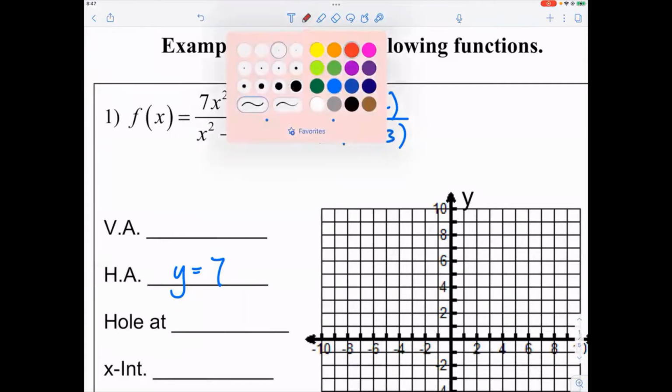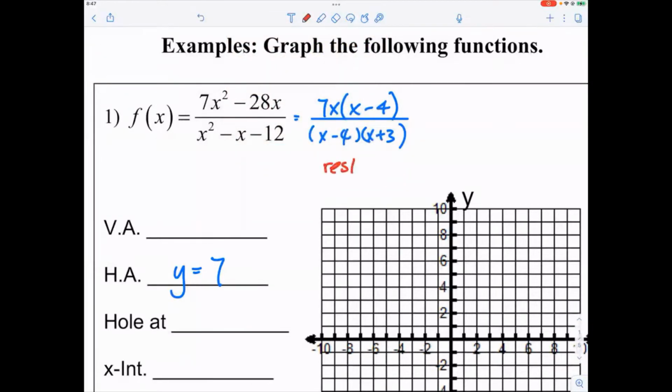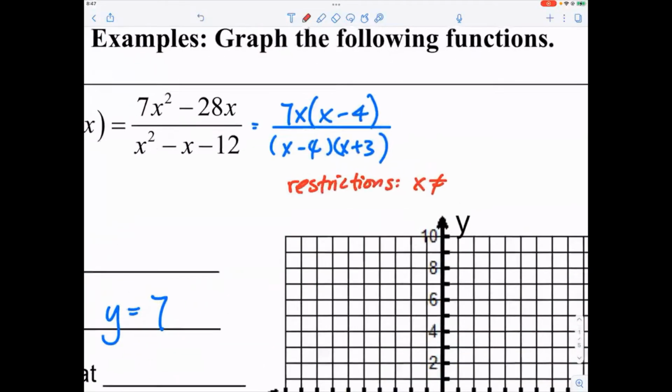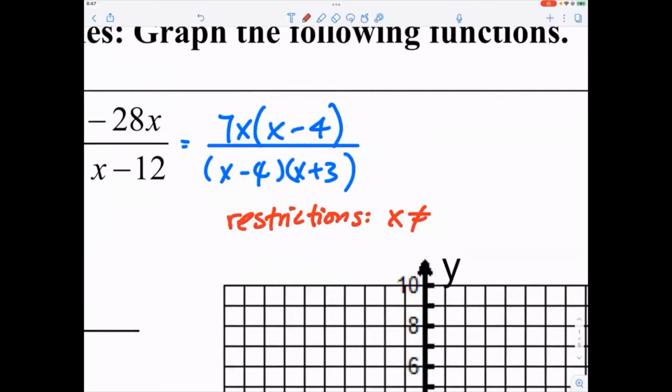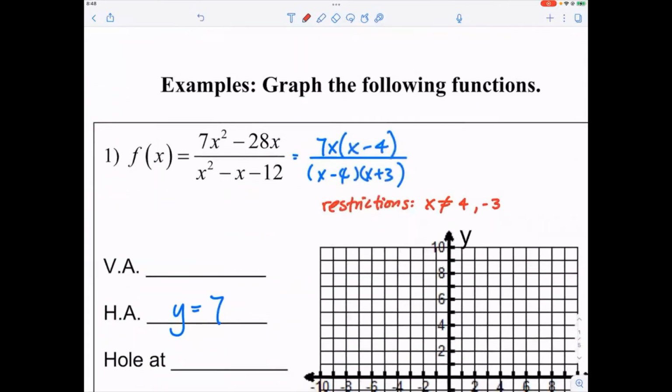Now, at this moment, I would say it's still good practice to write down or think about the restrictions. So x cannot be what in this case? After factoring, we look at the denominator, and we say x cannot be 4, and x cannot be -3, okay? Now, once we know the restrictions, we can also see that x minus 4 could be easily